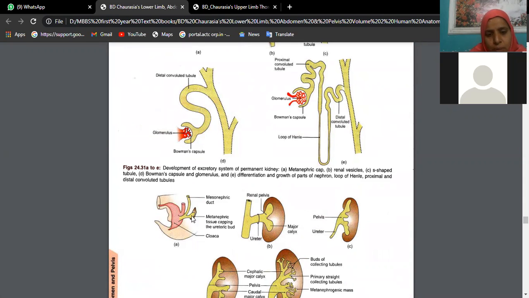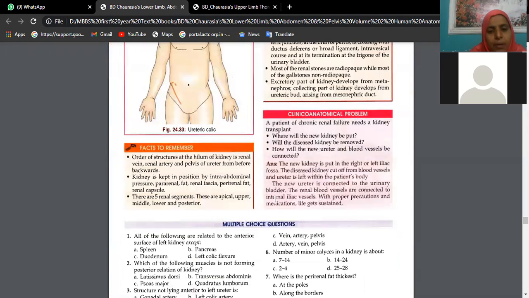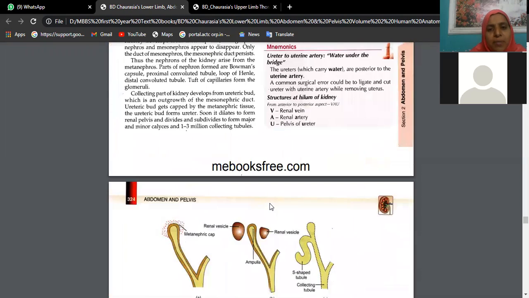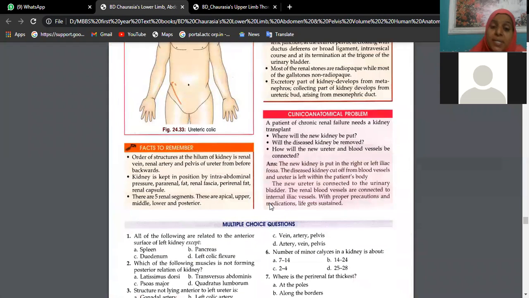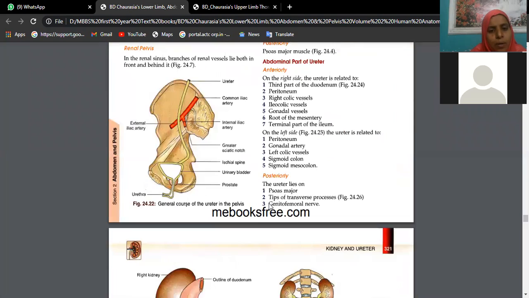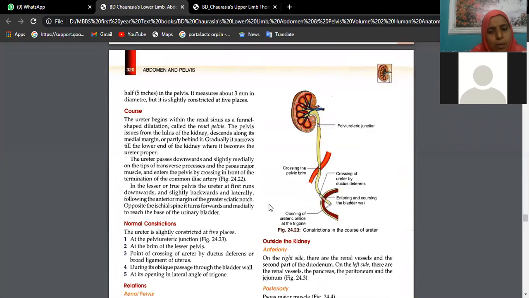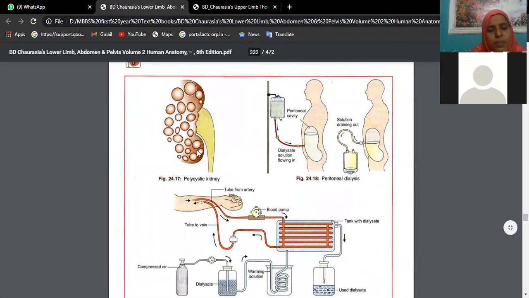This is the metanephros. This ureteric bud keeps on branching to form major and minor calyces, that is the collecting system. And the rest of the parenchyma is formed from the metanephros. Then you have various anomalies of kidneys, that is pancake kidney, horseshoe kidney, unilateral kidney, polycystic kidney disease, where you will find so many cysts in the kidney. Okay, beta? So that is all. Yeah, this is polycystic kidney. So many cysts we have.